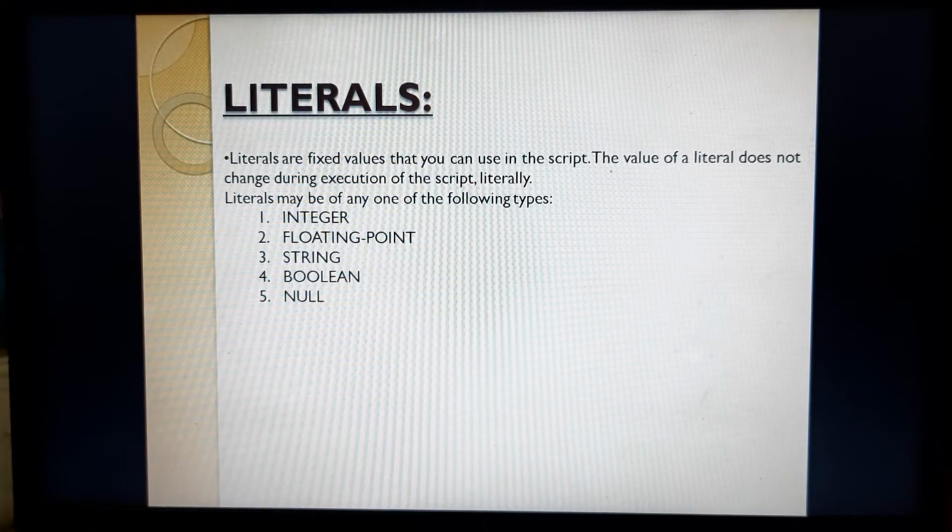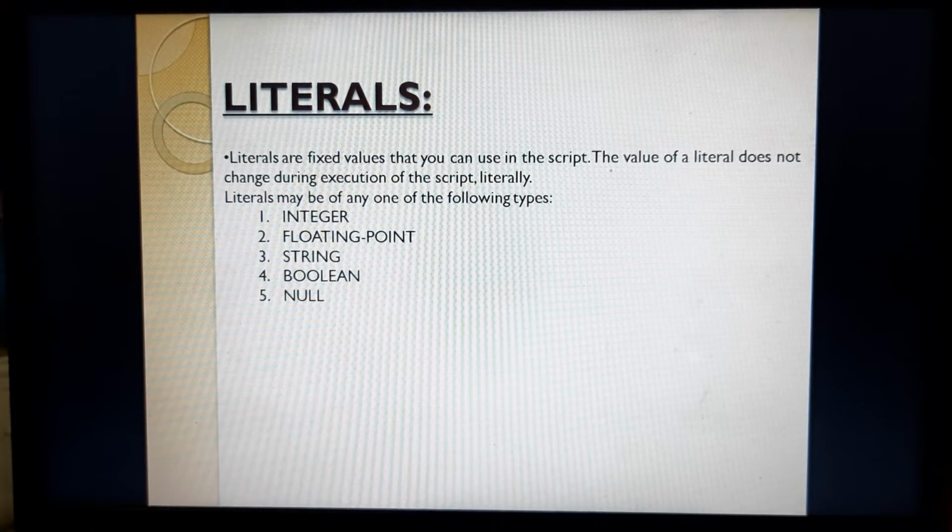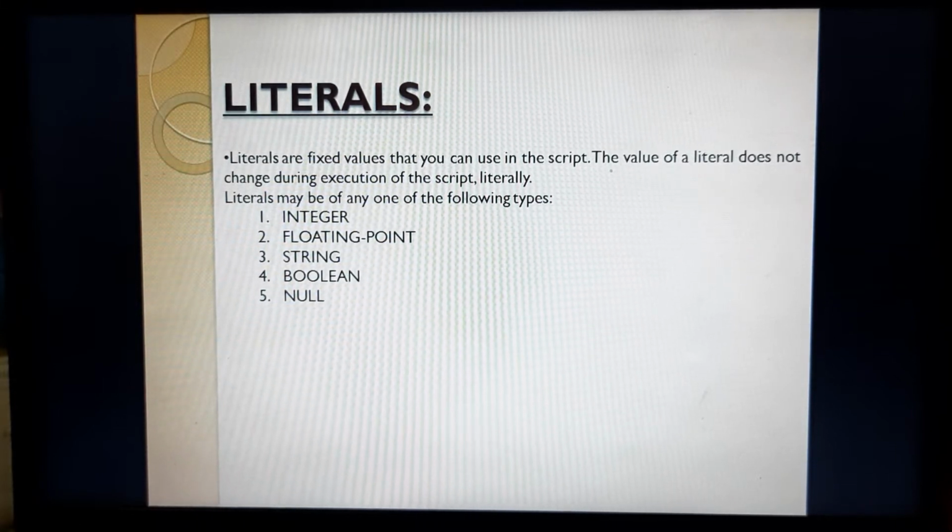Literals. Literals are fixed values that you can use in the script. The value of a literal does not change during the execution of the script. As we all know, we have learned many literals in previous languages, which are called data types. The data type values we cannot change.